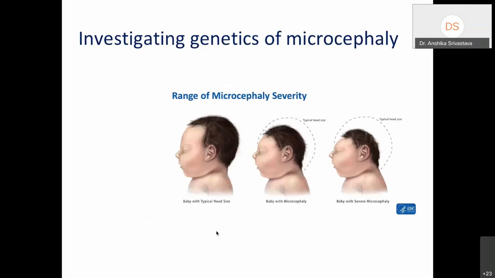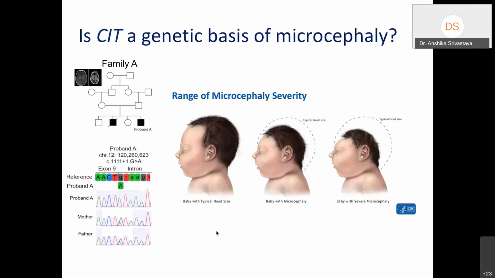So variation in citron kinase causes microcephaly. And there is a range of microcephaly severity. Some have moderate microcephaly, and some have severe microcephaly. So citron kinase is a genetic basis of microcephaly. So we identified in family A